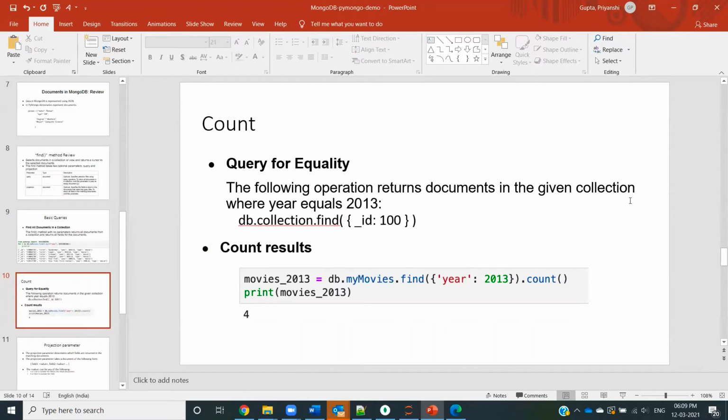Another function that you can use is count. So let's say that you have a scenario wherein you want to know that in your collection, how many movies are there pertaining to the year 2013. In that case, what you're going to do is that you will connect to the collection that you want to analyze and say find by giving a specific filter of the year, because we want to see the count of movies which have year 2013. I'm giving that filter in here. And then I say dot count. So this command is going to print the count of documents which I have inside this collection, which has year 2013.